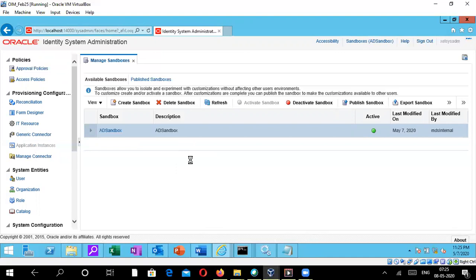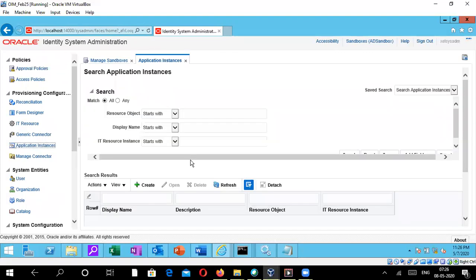As you all know, it would have most of the common fields like name, then the display name, the user friendly name, which we can normally give, and then it will always have the fields resource object and IT resource, because as I said, it is a combination of two. And then you can associate the form. It also has a field for whether it is a disconnected or a non-disconnected one. We'll talk about disconnected application instances later, but at this point, remember that a disconnected application instance is something which would require manual fulfillment.